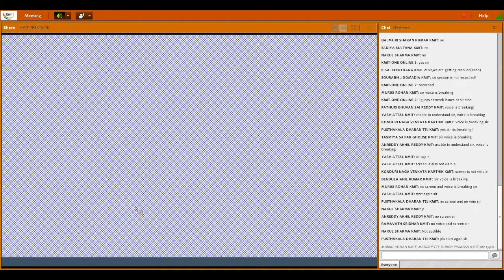The red color we'll see, so that you can better understand by seeing this example.